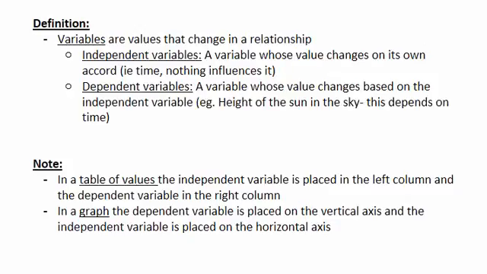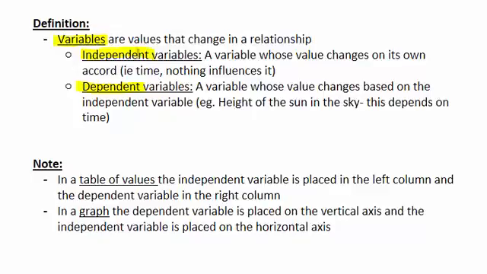Let us now look at a few more definitions. Variables are values that change in a relationship. Independent variables are variables whose values change on their own accord. So time, absolutely nothing else influences it, it just changes on its own. Dependent variables are the opposite. They are variables whose values change based on the independent variable. So for example, the height of the sun in the sky would be dependent, and it depends on the independent